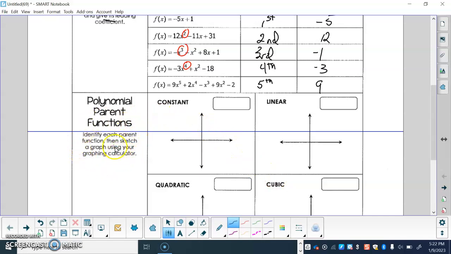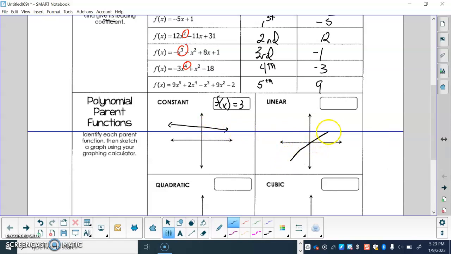We're looking at the parent function we're going to identify. So f of x of a constant, let's just make it 3. F of x of 3 is going to give me a horizontal line, with a 0 slope, so it's just 3. It is not the same as linear. It is constant. It doesn't change. If it is linear,